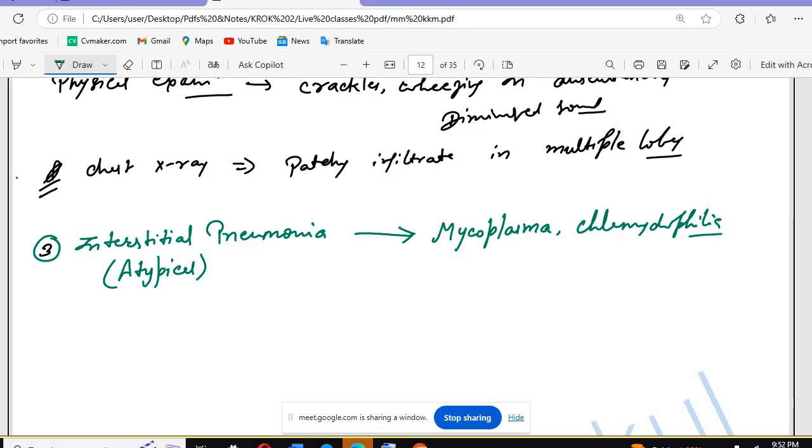Now again, what is the interstitial? There is the interstitium, the space between the two tissues, the tissue that surrounds the alveoli. So if the pneumonia is affecting the interstitial tissue,